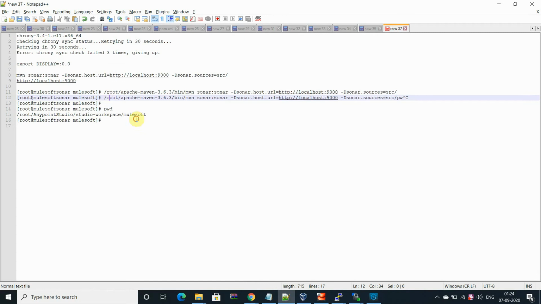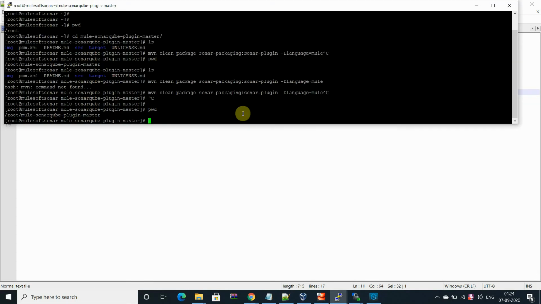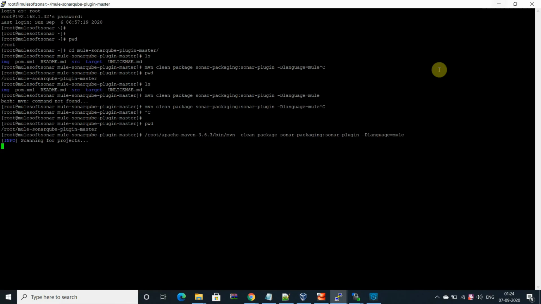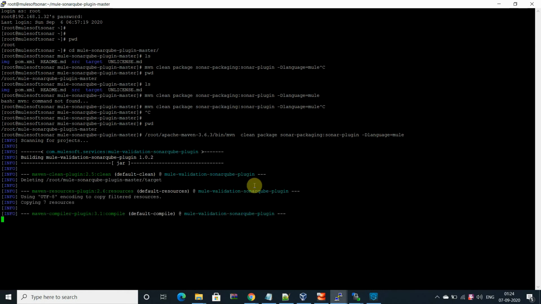I can find the Maven command from here, and I can execute this command. Let's see what will happen. This is creating right now.